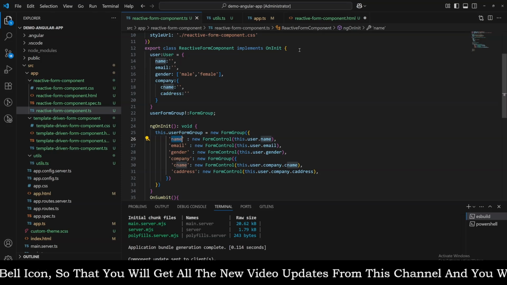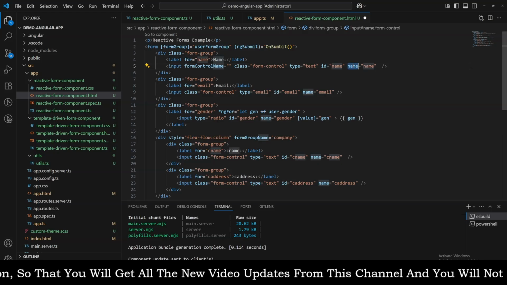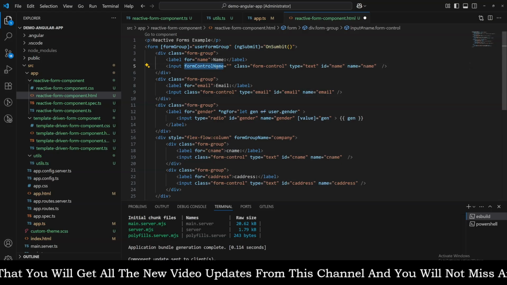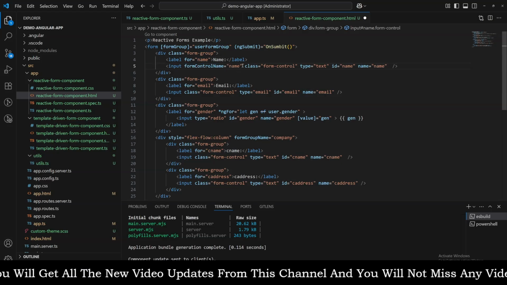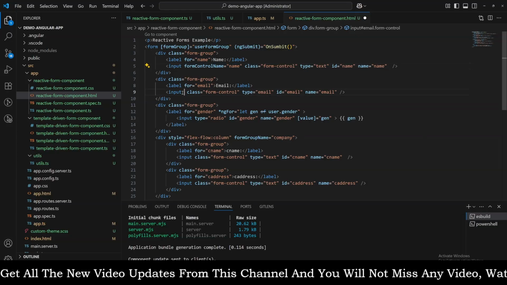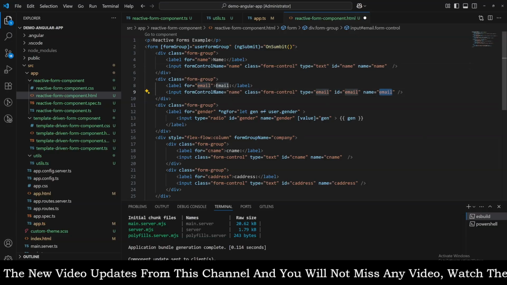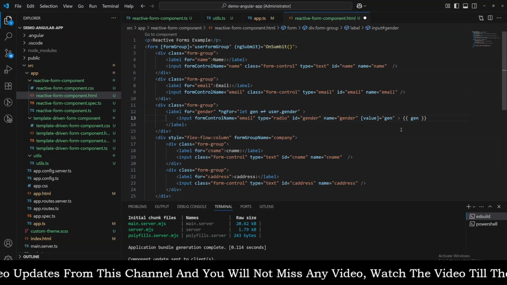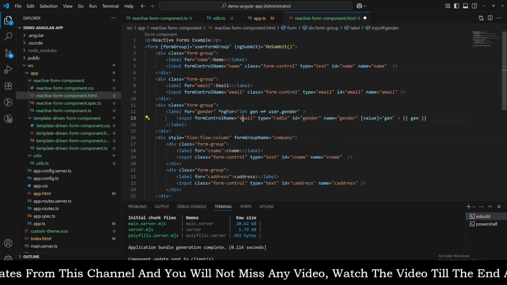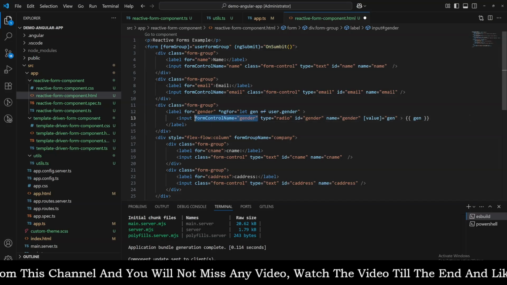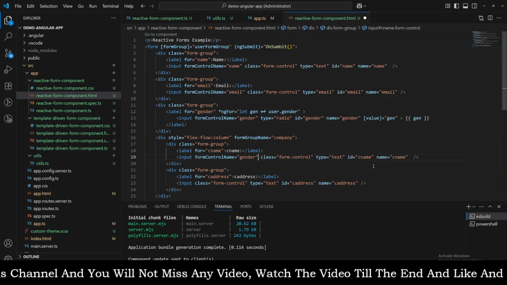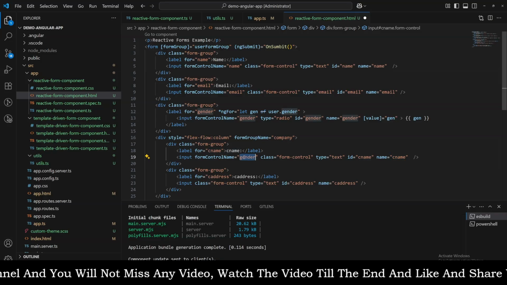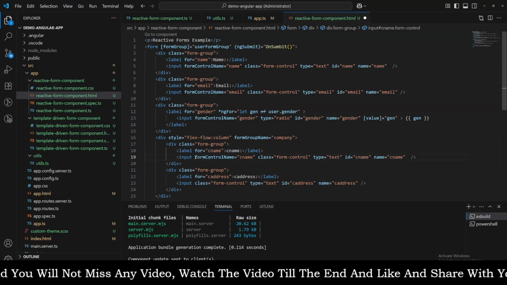The key name and the value of this form control name should always be the same. So now let's copy this, paste it over here. Email, again copy paste, then gender we have, here we have a cname, then we have caddress,